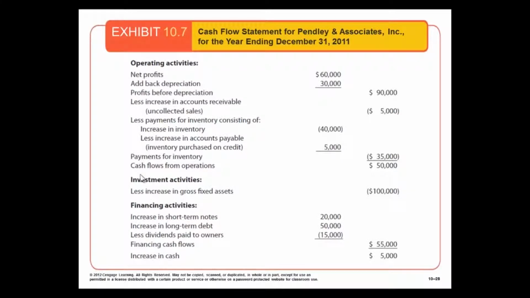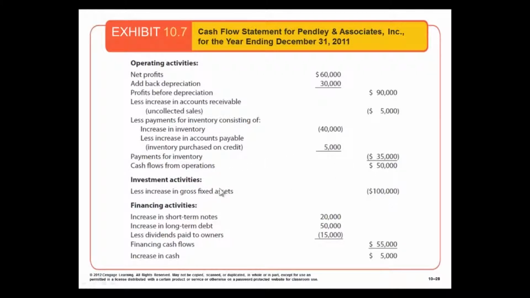Now here is a cash flow statement for Penley Associates at the end of December 31st, 2011. And you can see here that there's the three activities, operating activities, and you can see that's the sales and costs, and you see what goes on here. So we end up from that with our cash flows from operations of $50,000. You know, not too bad. Then we had our investment activities. This would just simply be this item over here,